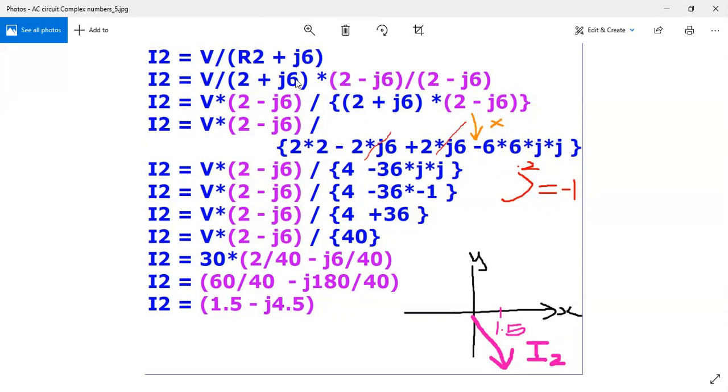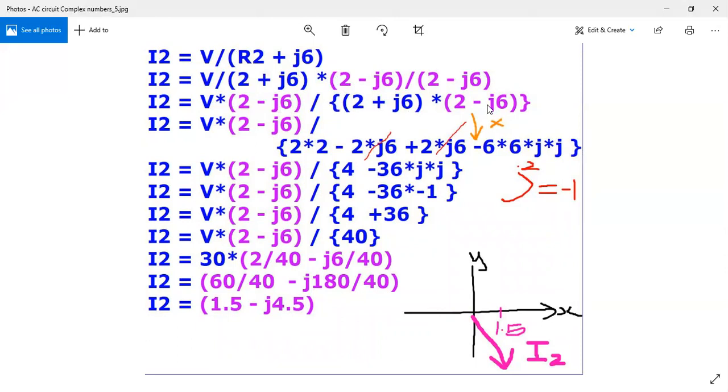If we multiply both the top and the bottom of our fraction by the same number, we are not changing the fraction. And the reason why we're doing that is what we want to end up with is a real number with no imaginary components so that we can divide out and get an answer at the end. So top and bottom by 2 minus 6j, we'll leave the top part just now. We'll do the more involved